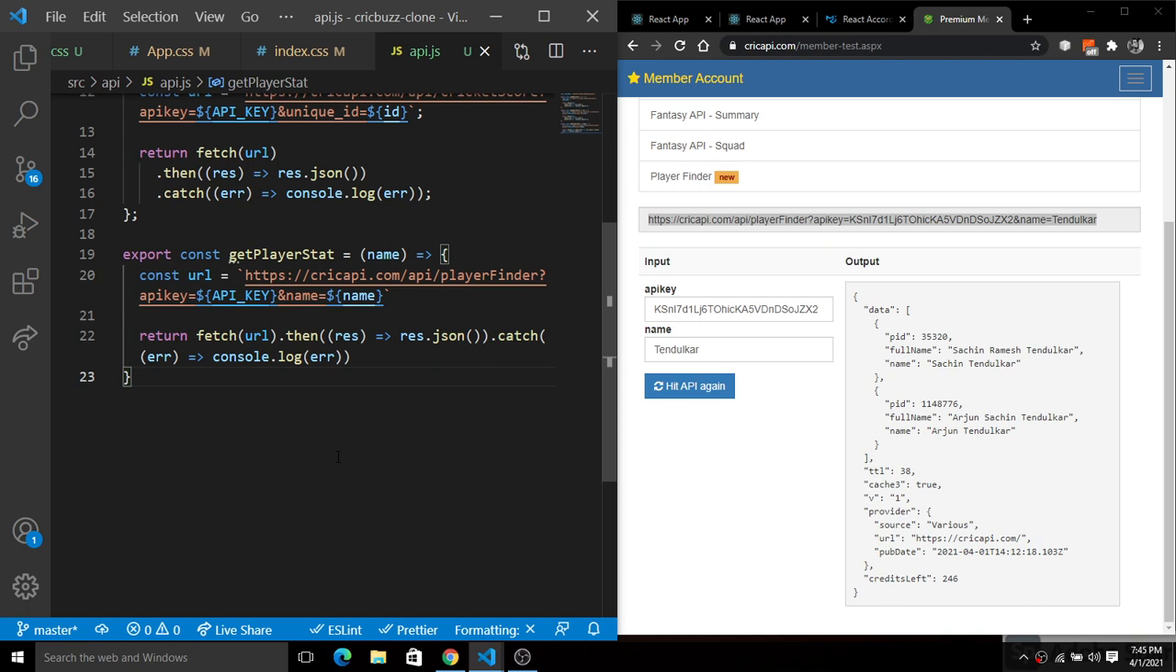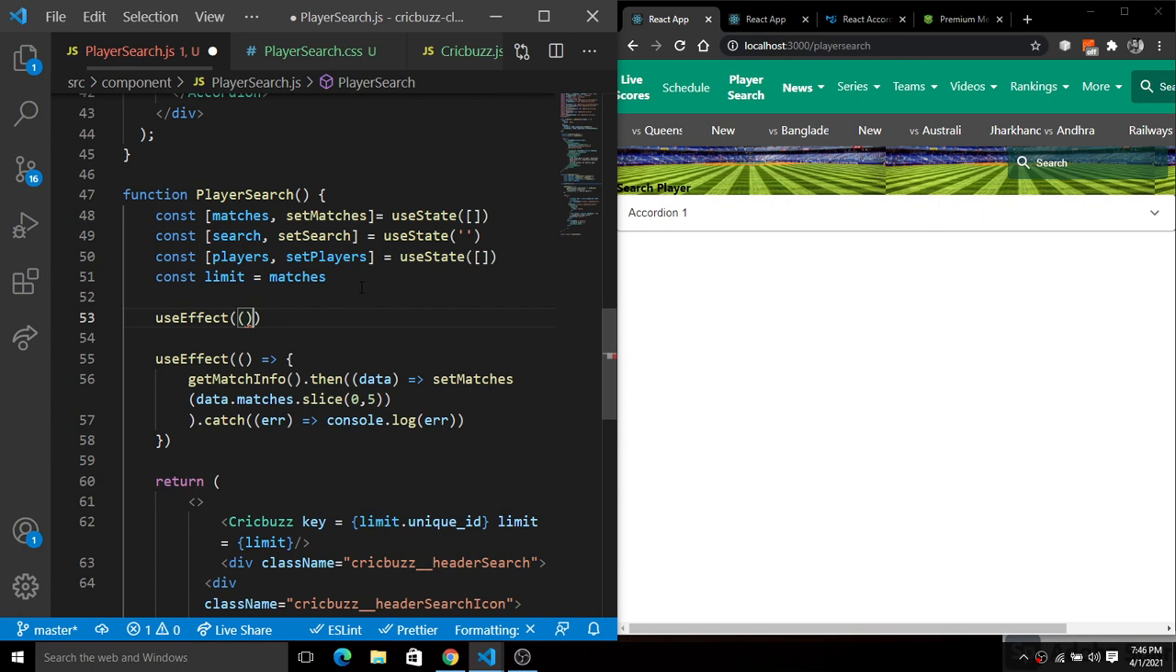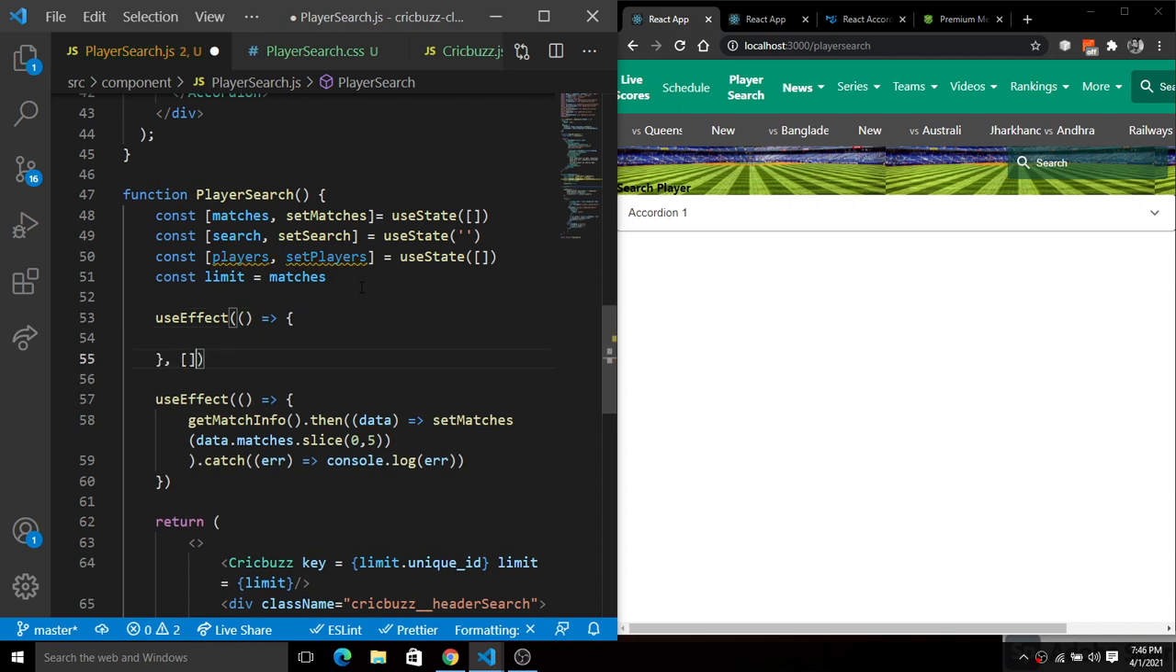So next we will create another useEffect here. It will simply depend on the search, what we will search here. So inside of this useEffect we will simply add the functionality. You can create another function, or you can simply use a useEffect here. So we will have a useEffect: if the search is not equal to an empty string, then